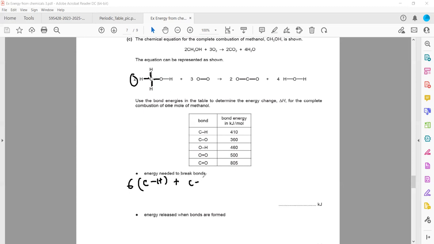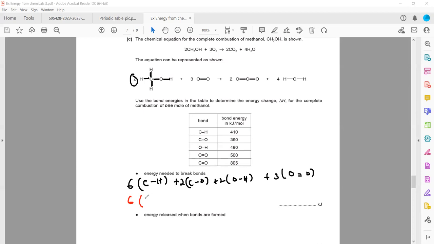CO. How many? One molecule contains 1 bond, so 2 molecules will contain 2 CO bonds. Then OH: 1 molecule contains 1 OH bond, so 2 molecules will contain 2. And O double bonded with O, and that is multiplied by 3. So it will be 6 into